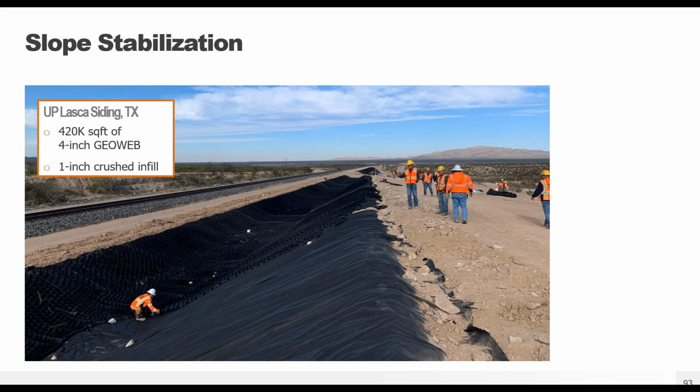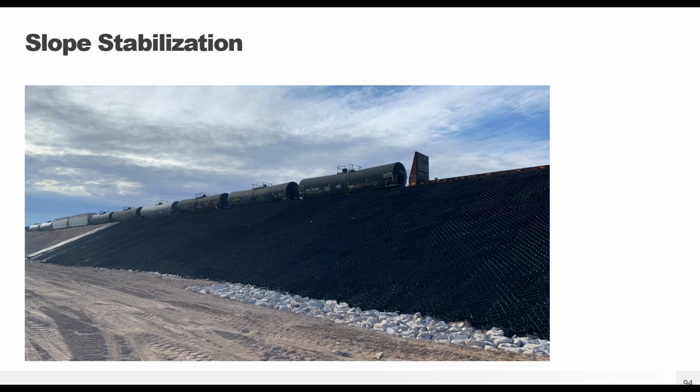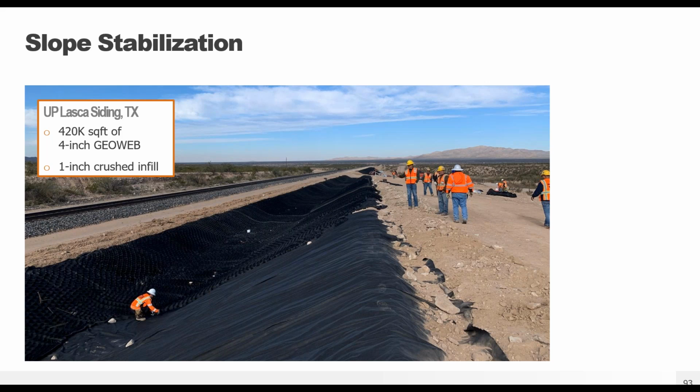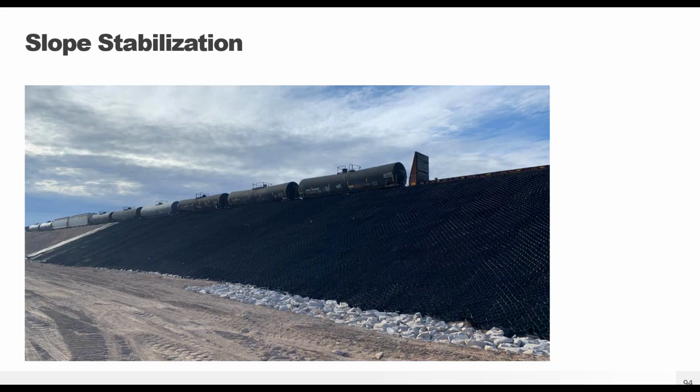So they used GEOB. Here they used a 4-inch deep GEOB, filled it with a 1-inch crushed rock. We do have, from research and testing, formulas to size the rock that goes into the GEOB infill. So we can help you with that. Typically there's a non-woven geotextile separation layer under the GEOB. Here you can see just the extent from the channels between, and we also did the slopes on the other side. This was about 500,000 square feet of web on this section of track.